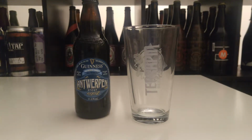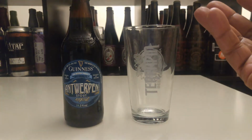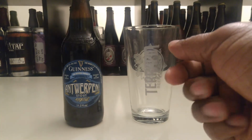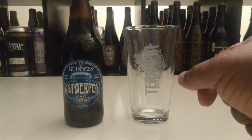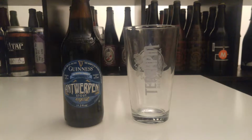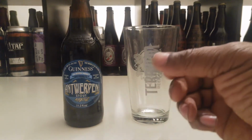This is Blackberry Hunter coming at you again, and we're here to talk about the Antwerpen Stout coming out of Guinness Brewing. Guinness is located over in Dublin, Ireland, St. James Gate, I think. This stout in particular, I've reviewed before, but it was actually the bourbon barrel aged variant. This version is their base stout, and I think this is going to be one of the base stouts for a lot of the newer beers that you're going to see coming out of